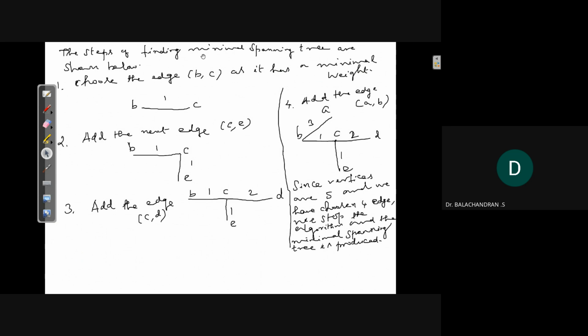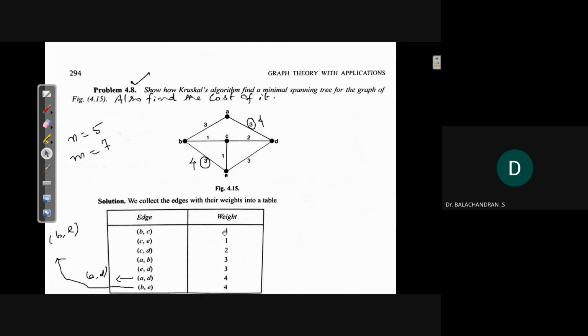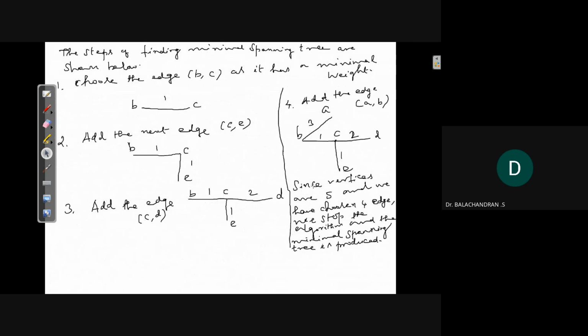The steps for finding the minimum spanning tree are given below. First, you should choose what? BC. BC means this edge you should choose. So this is the way you should write. Step 1: choose the edge BC as it has a minimal weight. So BC 1. Next,